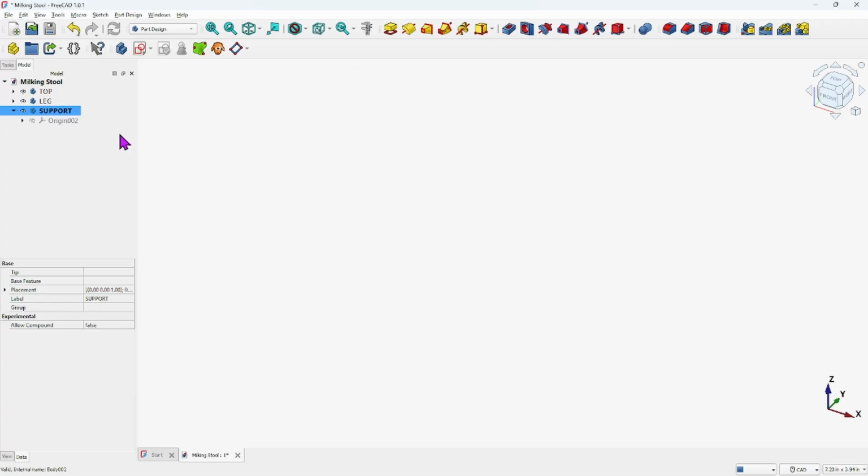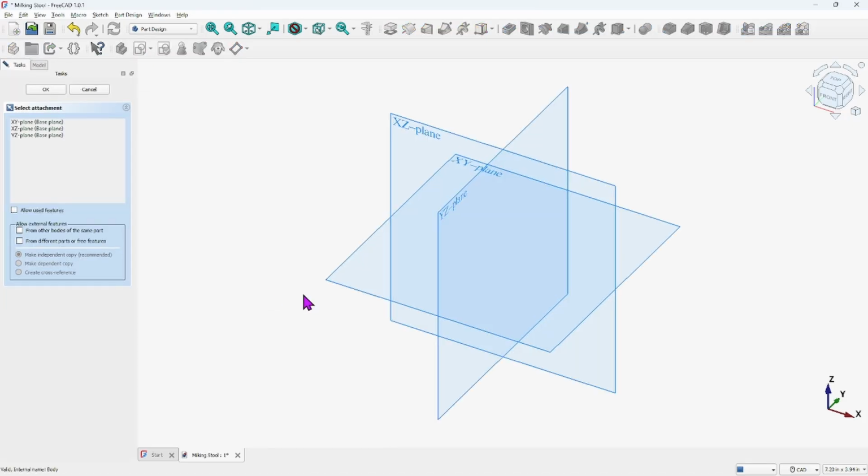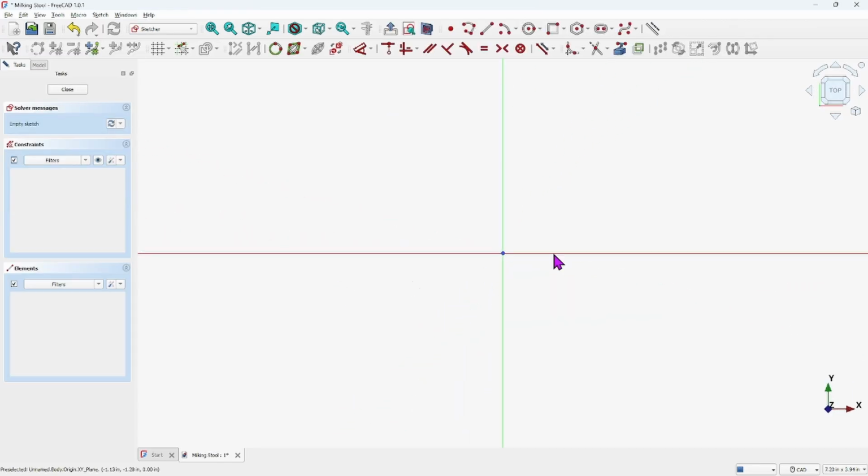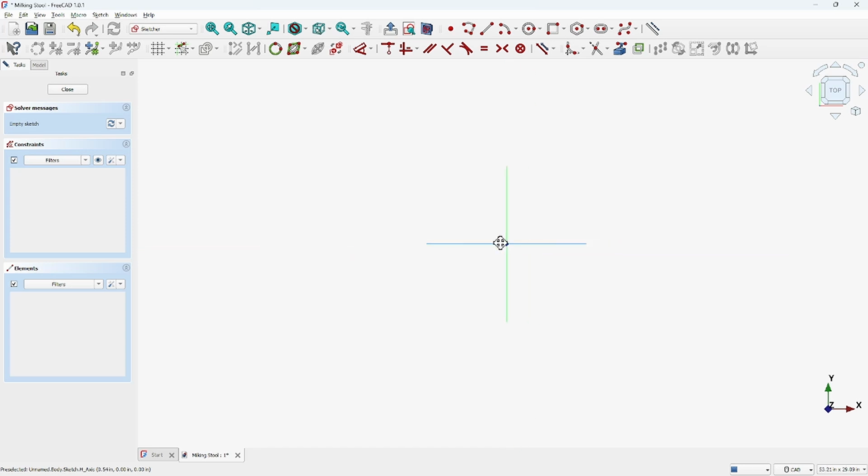And there we go. Start with the top. Double click there. When I double clicked it, it becomes an active body. I'm going to do the sketch, and I'm going to double click on the XY plane since we'll be looking down at the top of the stool. Might as well go ahead and use that plane. I'm going to roll my wheel and back out a little bit,